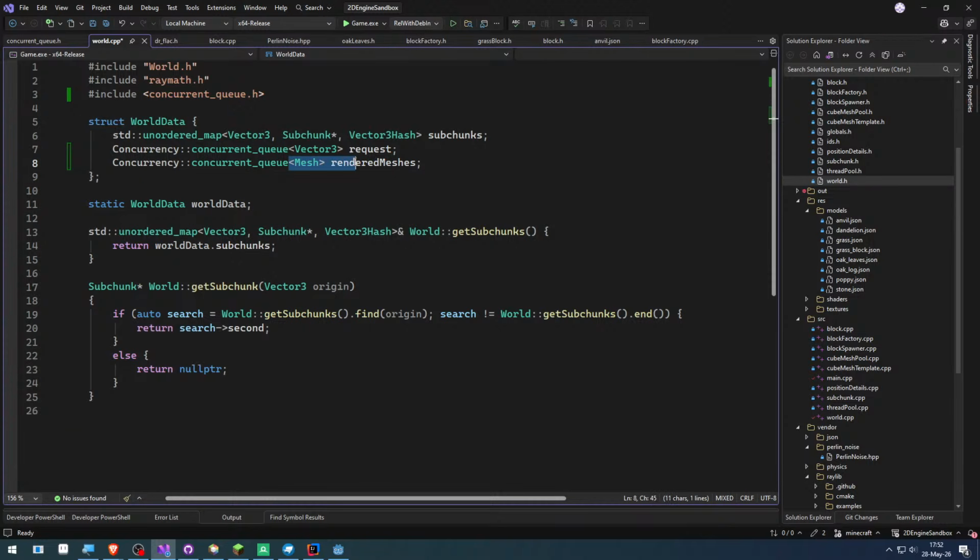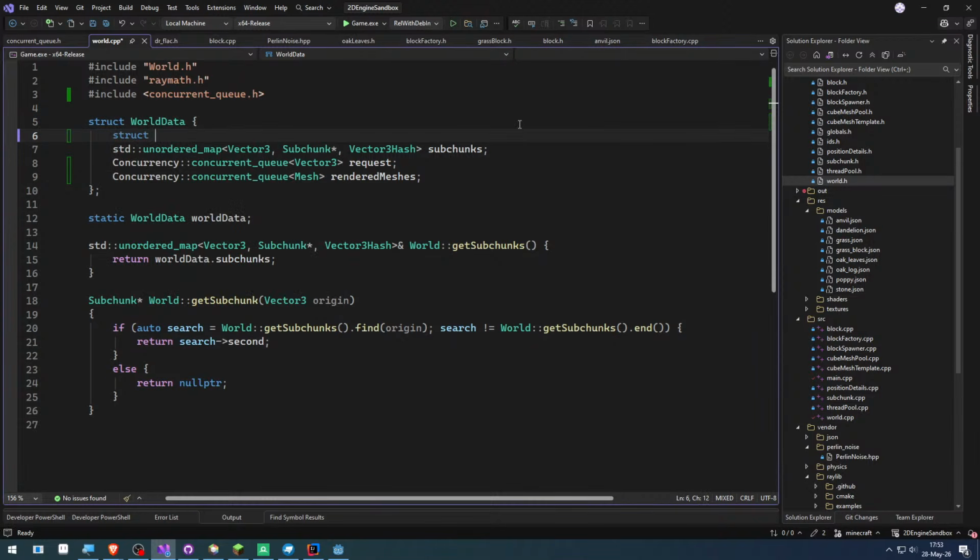If we get it back, we need to go over this queue, and give this mesh to the appropriate subchunk. So it will need an indication of which mesh that is. It needs an indication. So some kind of structure like